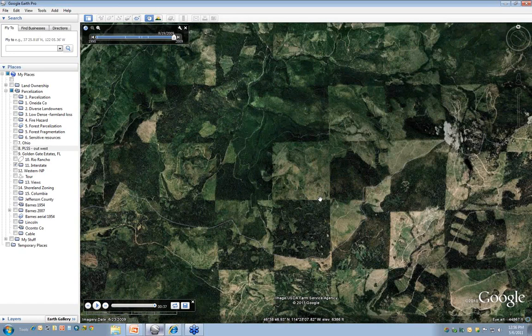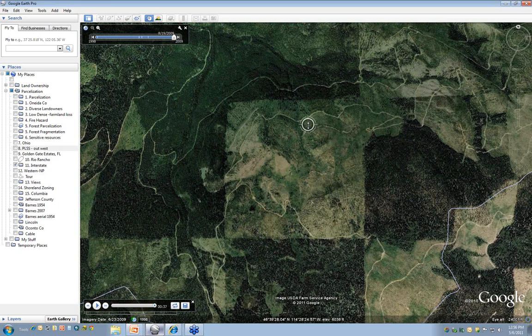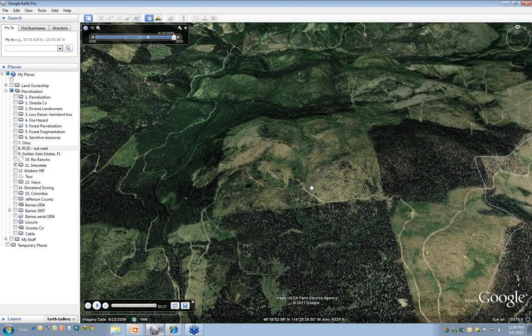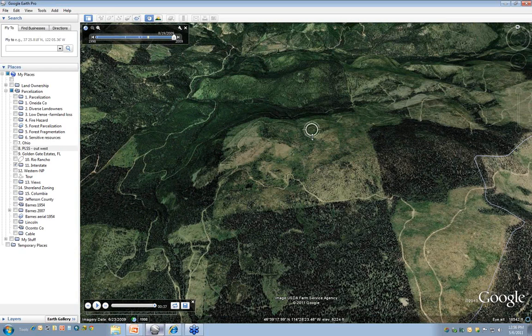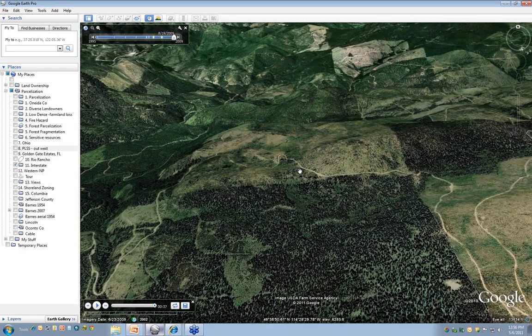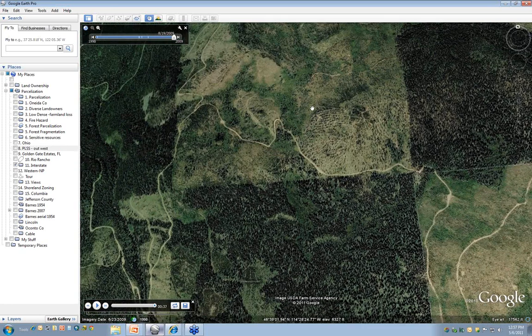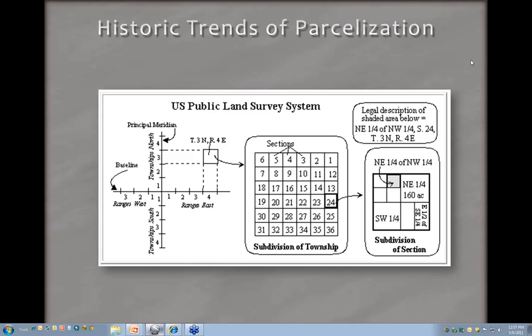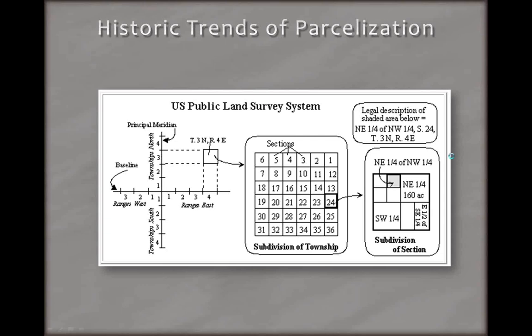And what's interesting is when you get an oblique view of this, and again, one of the implications with the public land survey system was that they don't conform to natural features or boundaries or topography, and so you find that it's very fragmenting. And that's what some of the conservationists across the country have argued, is that this system has increased fragmentation due to the squaring of fields and forests along arbitrary boundary lines. Others argue that it's less appealing and it's too controlled of a look, like what we saw in Ohio. So that's some history on land division techniques.